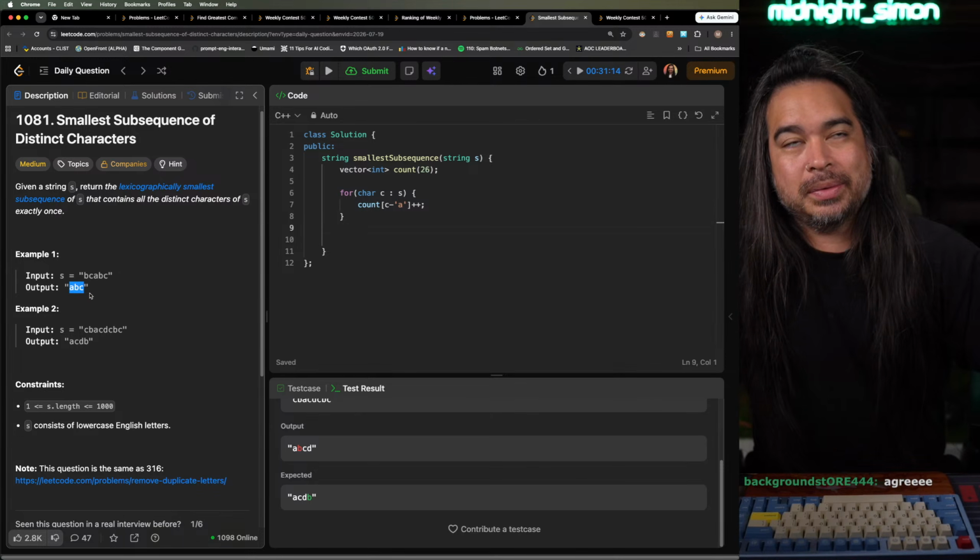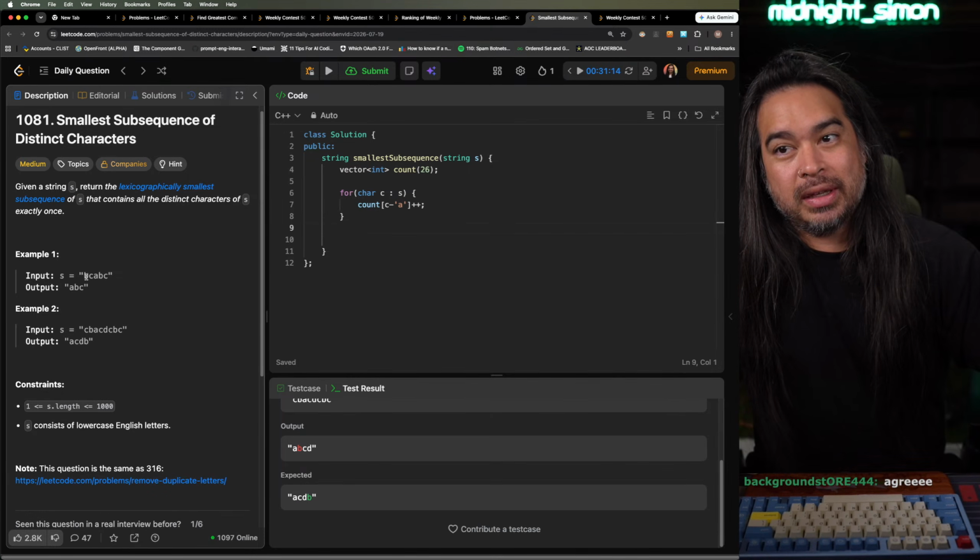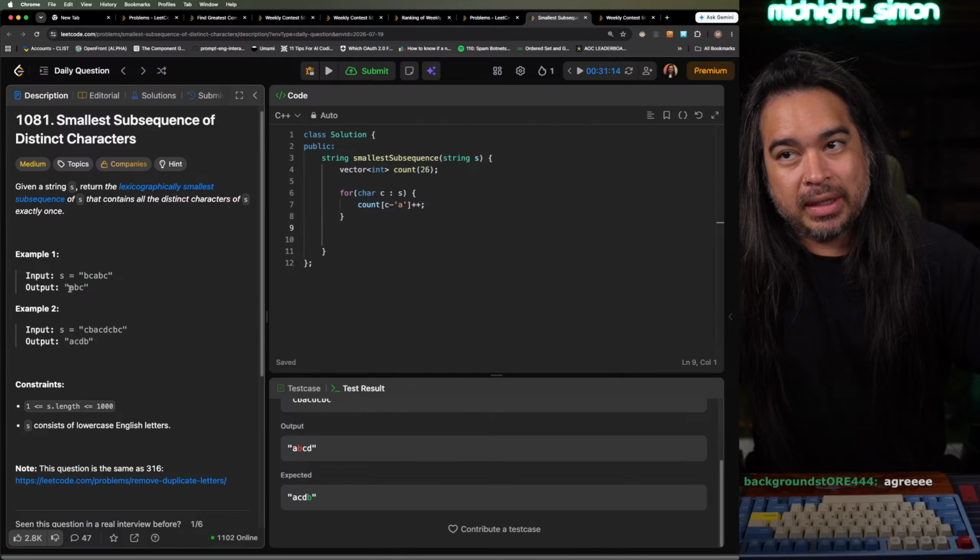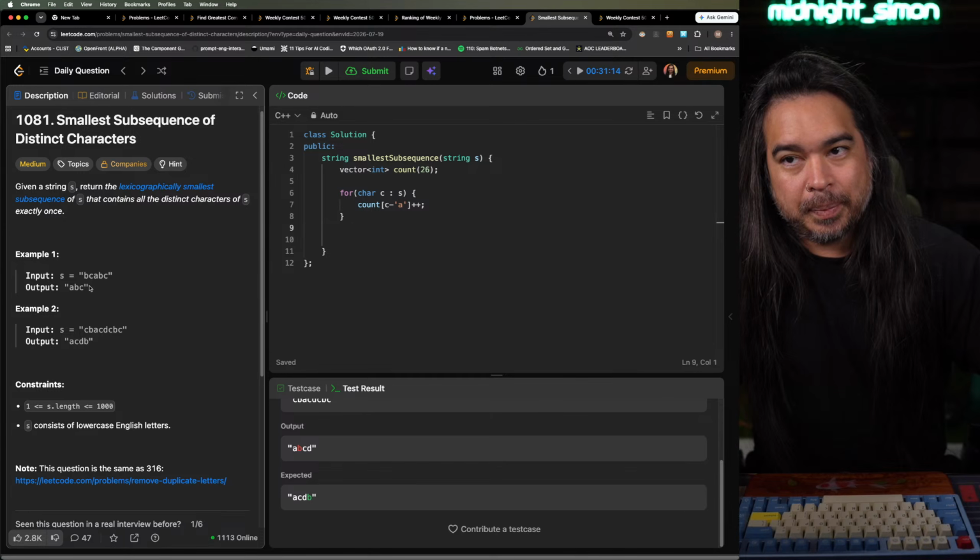Alright, so maybe the first thing I can think of here is how many distinct characters are there, and then that will tell me the length of the subsequence that we need. So once we have the length, so we know there's A, B, C there, then we should find out... I don't know what we should find out, man. I'm gonna find out something. A, C,